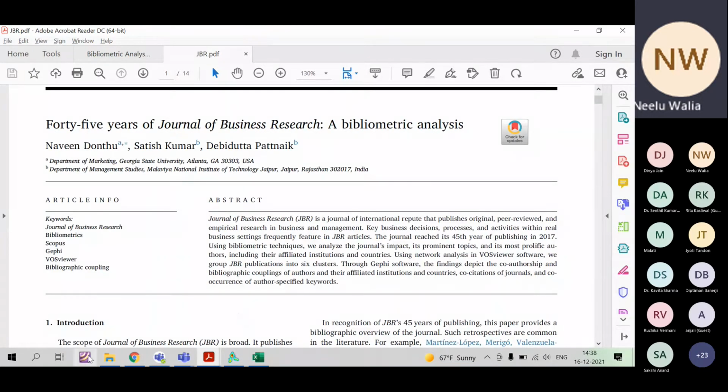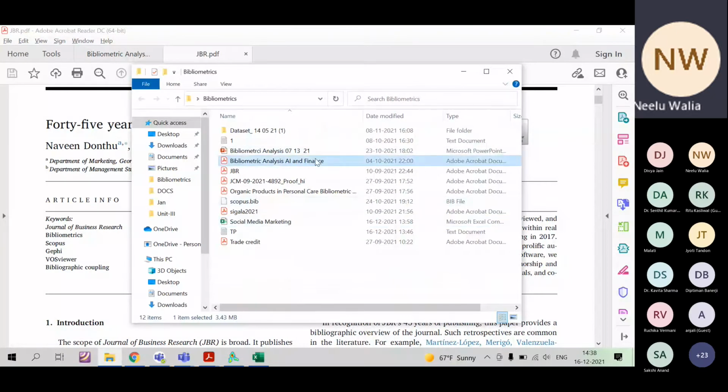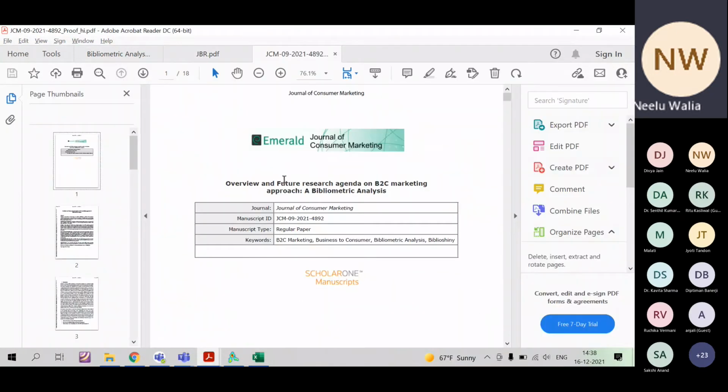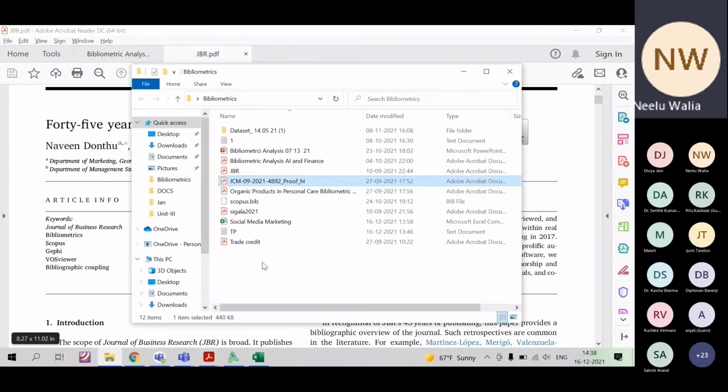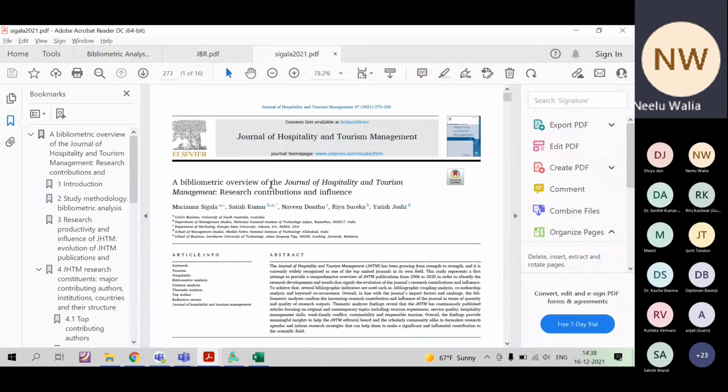There are other papers also. I can show you. This is written by one of my scholars: bibliometric overview of the Journal of Hospitality and Tourism Management, research contribution and influence.